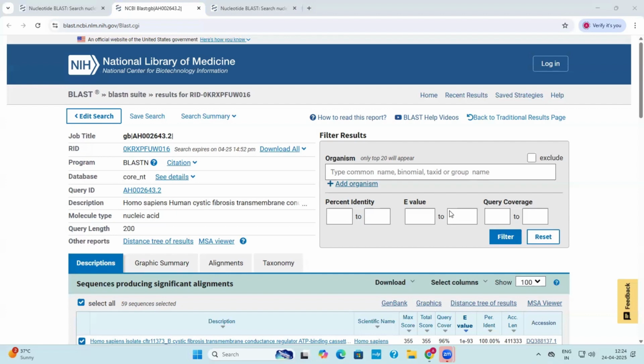Okay. And the E value is the expected number, it is particularly a statistical indicator. We can get a random or chance alignment here, or we can get a true alignment. Now, if it is a true alignment, the value will reduce significantly, which is the best possible result we can expect. And if the E value is more than 10, then we can see that it is a distant relationship. And if the value comes to like 10 to the power of -20, -50, then we can say that yes,